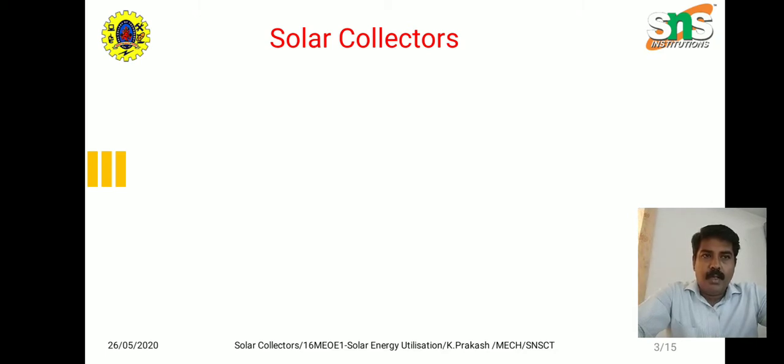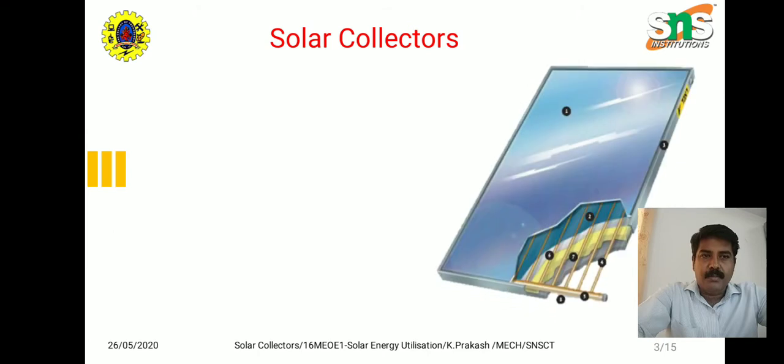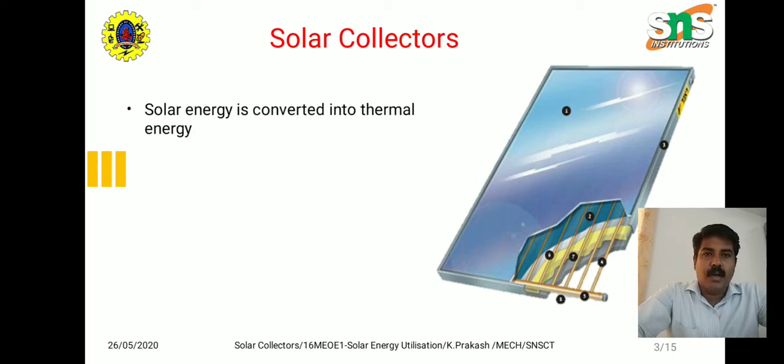Before going to the topic, let us have some discussion about solar collectors. What is meant by solar collectors? It is from the word we can understand: if a device or a material collects the solar energy, then it is called a solar collector. So what is the principle behind this? Abundant heat energy is available in the sun. The heat energy available from the sun is used for various applications in our day-to-day life. So we need a device to interconnect these processes. That is a solar collector.